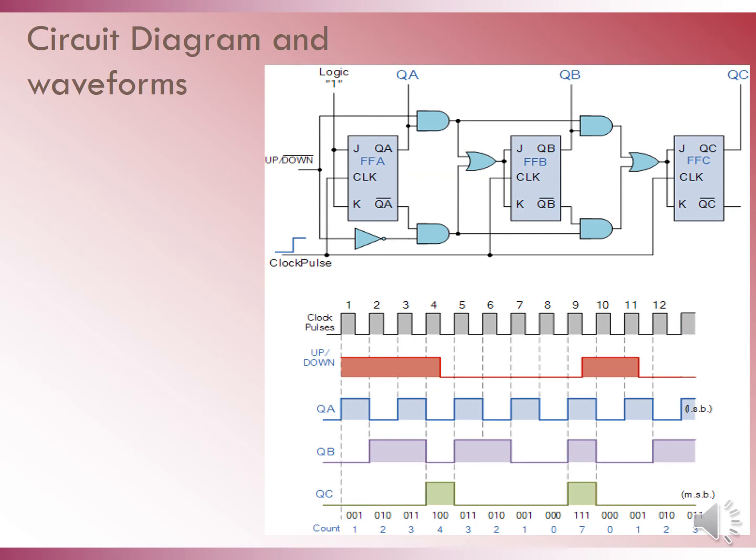The circuit diagram and the waveforms are shown in this slide. Now, to understand the operation, initially let us say that M equals 0. Here M is nothing but this up-down bit. So, setting this bit to 0 disables the upper AND gates, whereas it enables the lower AND gates. Since the upper AND gates are disabled,